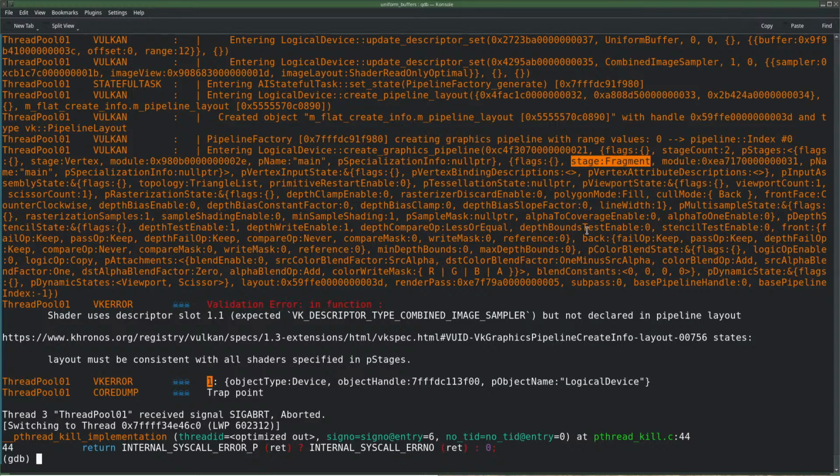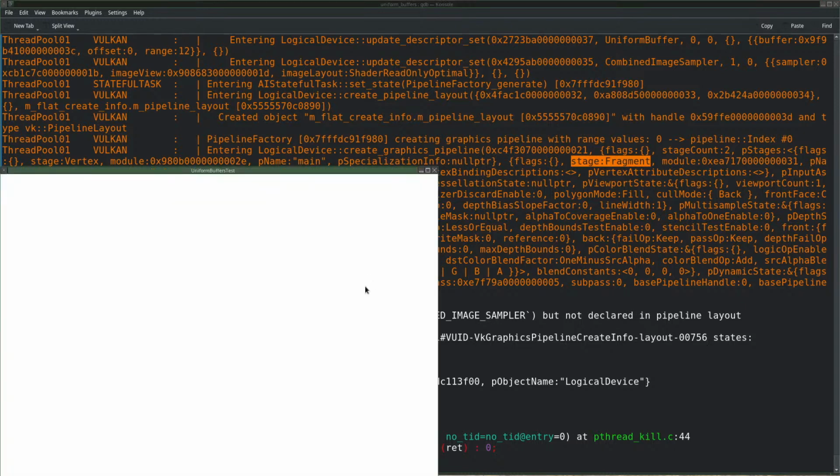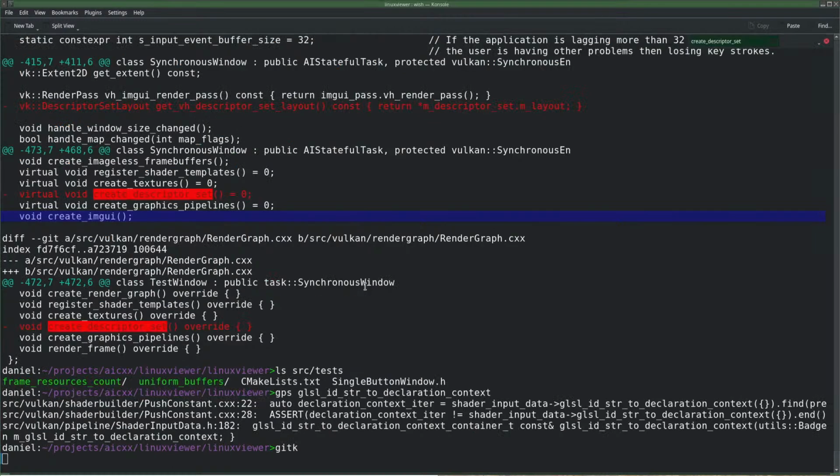Man, that's a really, really bad error. That is a bad error. Why is it not saying which of the two? But okay, this is set 1 binding 1, so I can find it luckily.